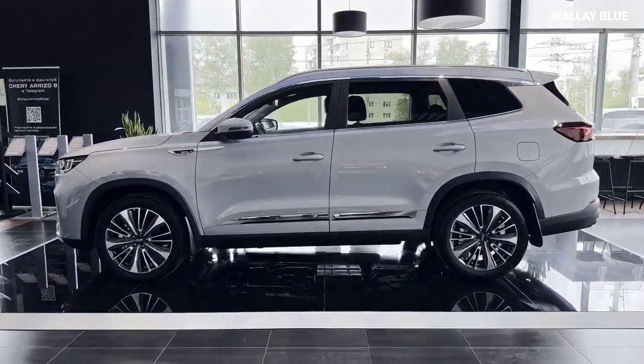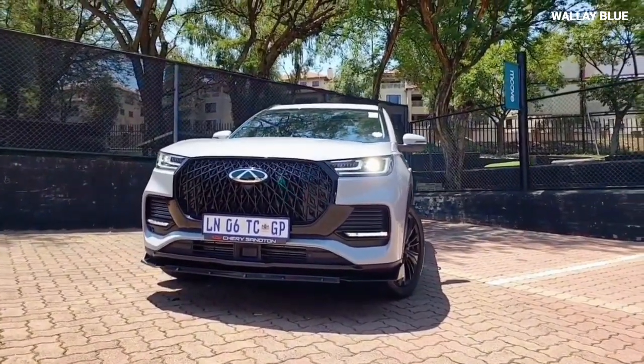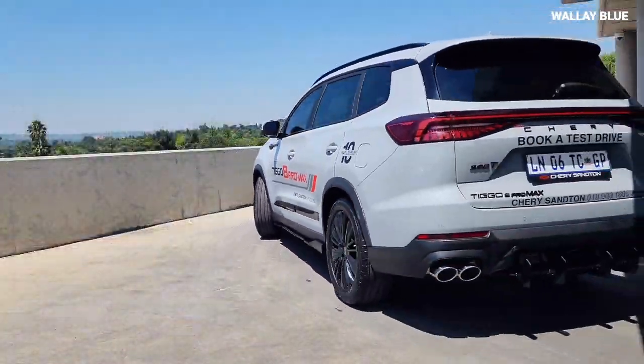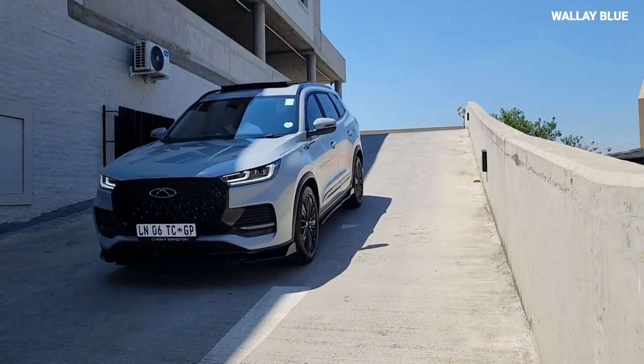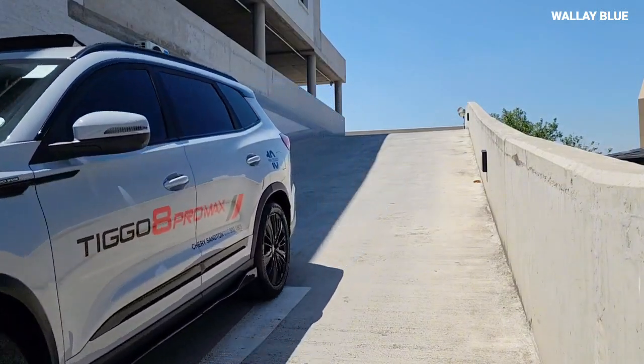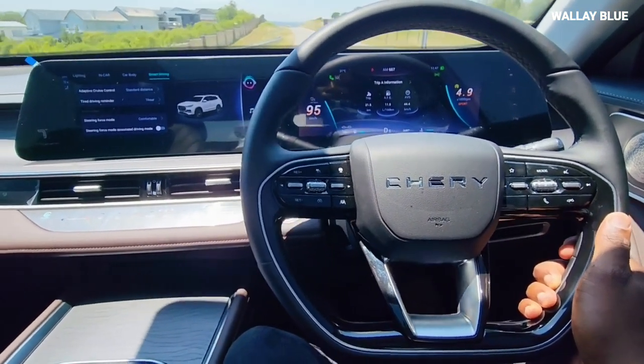The dimensions of the Tiggo 8 Pro are noteworthy. It measures 4,700 millimeters in length, 1,860 millimeters in width, and 1,746 millimeters in height. These dimensions give the SUV a balanced and robust presence on the road, making it both